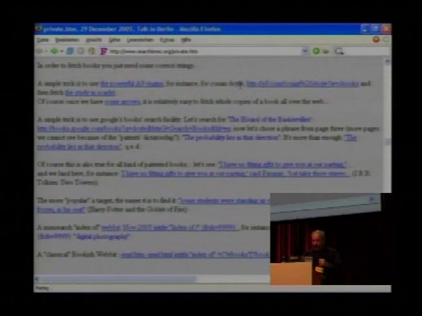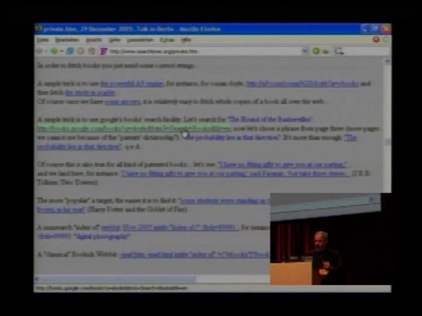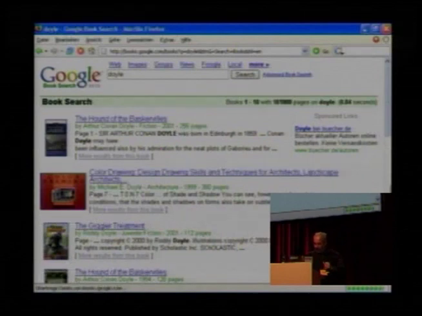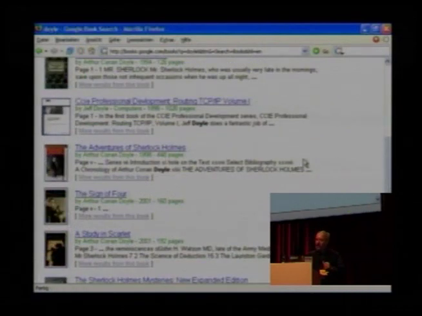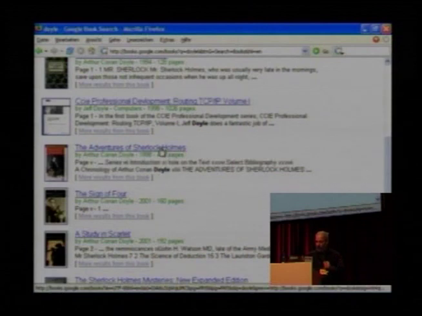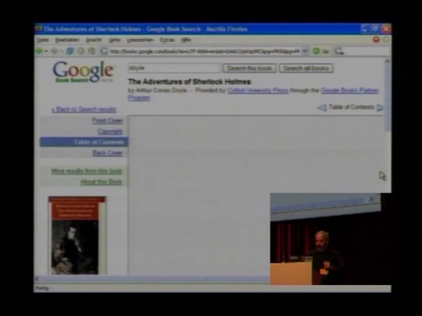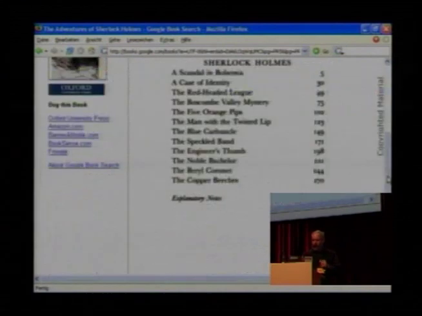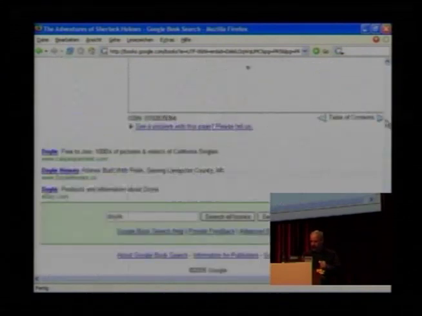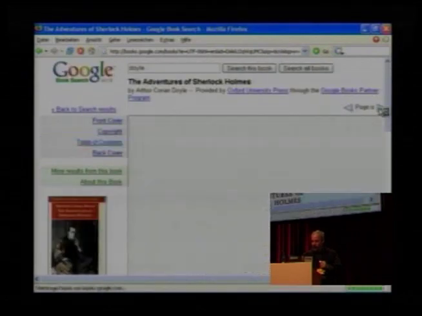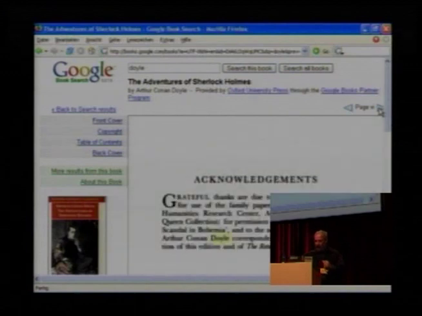But you can search for books in another way. For instance, let's search for The Hound of the Baskervilles. Okay? And you find people that want to sell it to you, of course. Then have a look at it. And courtesy of Google, we can have a look at the first 3 pages. But that's enough for us, because if we have 3 pages of a book, we have the book, as you will see. Here's the first page,